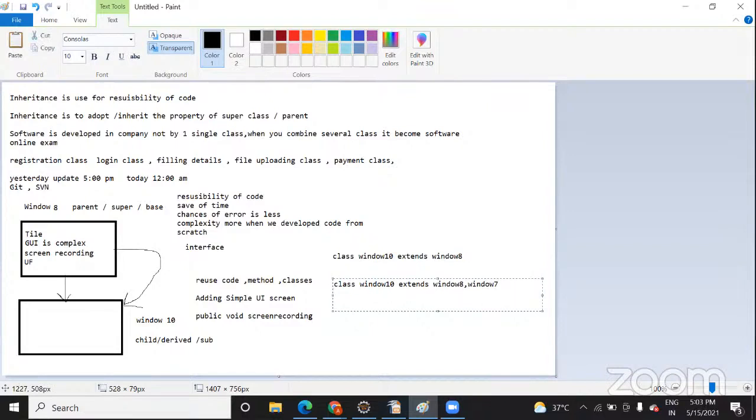So we have come up with the solution where we implement it like this: interface Window 10, where instead of the extend keyword we use implements Window 8 and Window 7. I will come into all this later, but just for your knowledge, I'm telling you that multiple inheritance is not supported in Java.